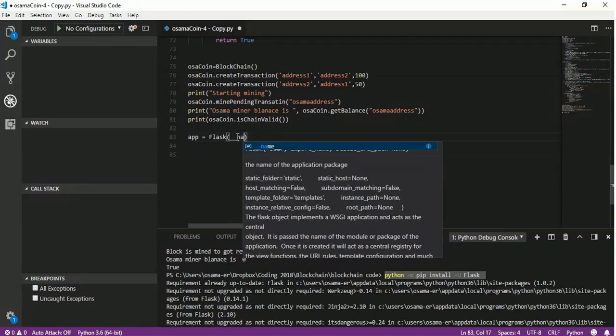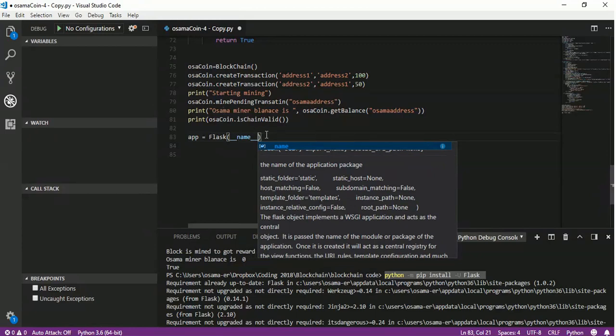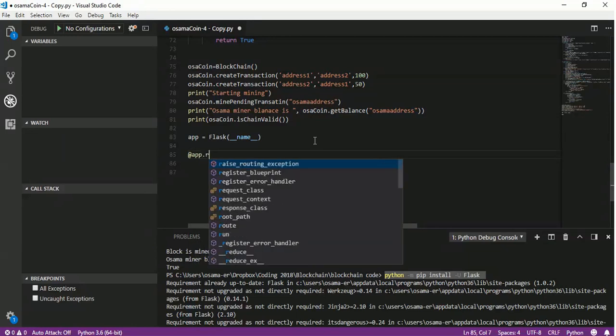So we call Flask with the same name of the current file, just giving the Flask application a name. And Flask defines the website links. We will define, for now, I think we need at least four links here. So app.route,